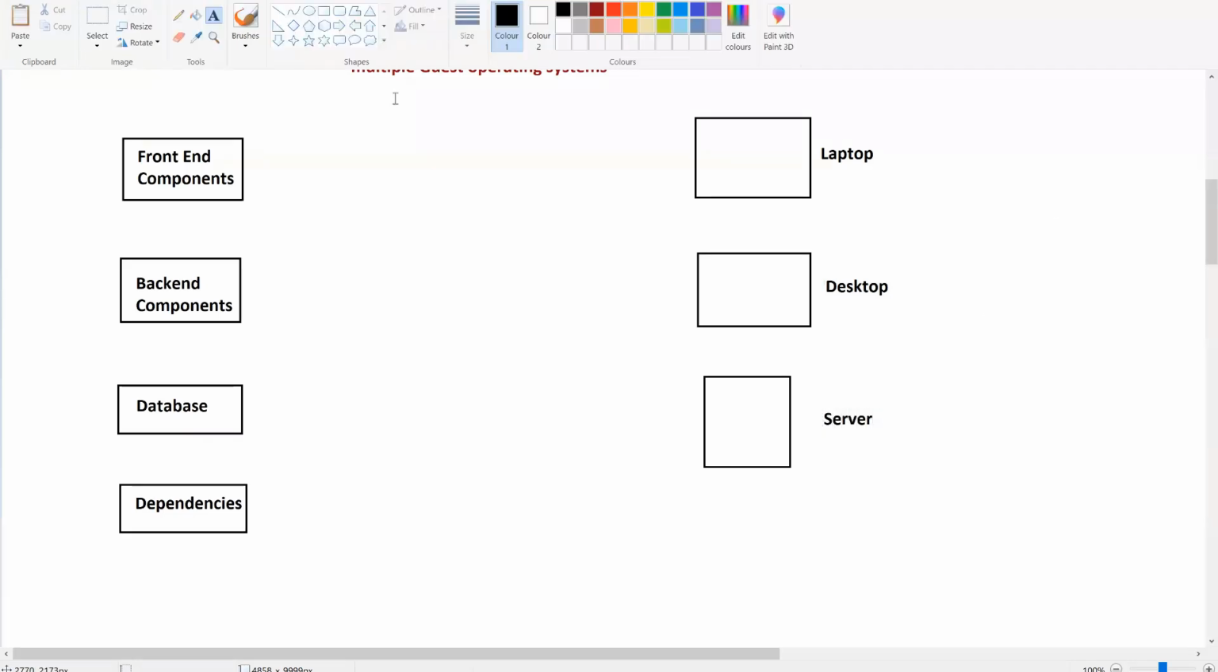Guys, now observe carefully. Here all these front end components, back end components, database, and dependencies should work in all these devices. Whatever front end components I am taking should work in this laptop. These components should work in a desktop. These components should work